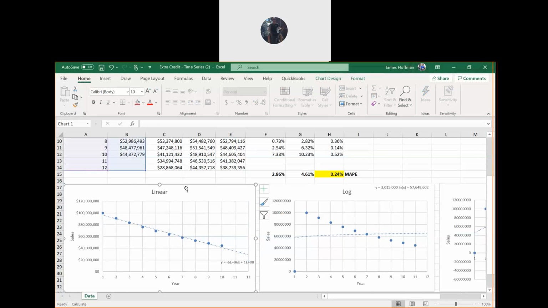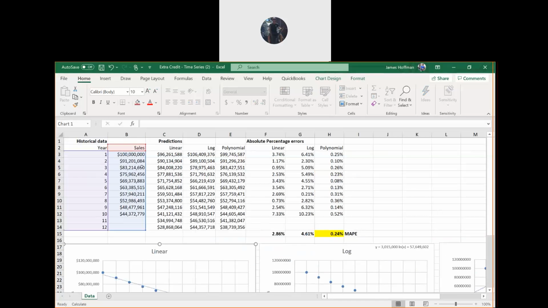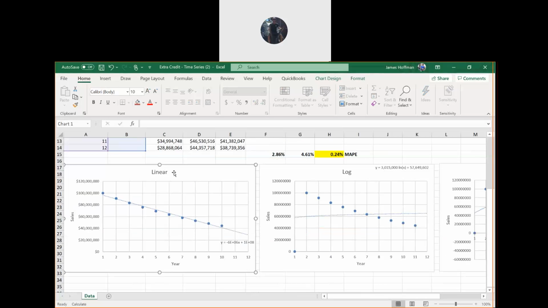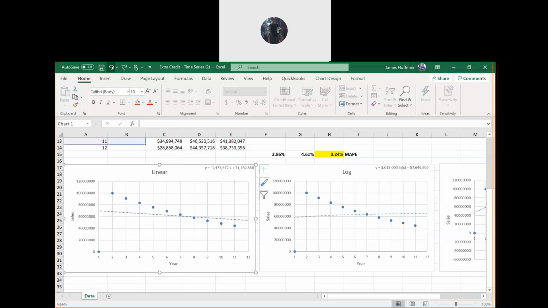Okay, so I think I fixed it. I think you just had a different area of data selected. If you want to fix it, I guess you'll have to do this 3 times.